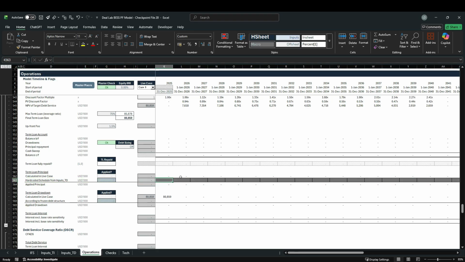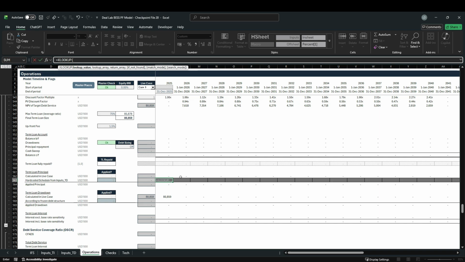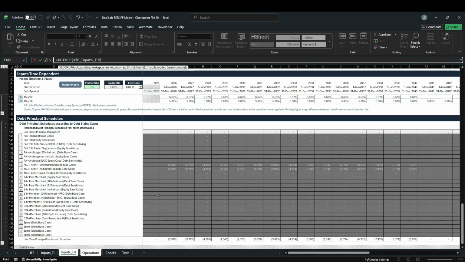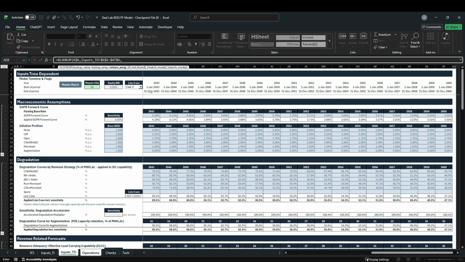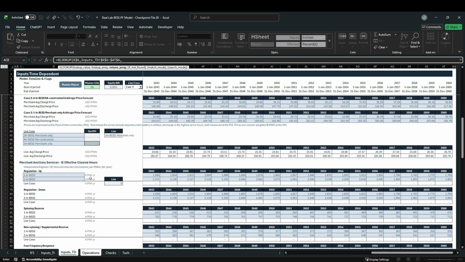So make sure that you're in the first period right here. And we use an XLOOKUP to look up our end of period in row 6. Hit F4 2 times. And our lookup array is going to be in our inputs time dependent sheet, also in row 6. So select all of these dates right here, hit F4 once, and our return value is going to be,